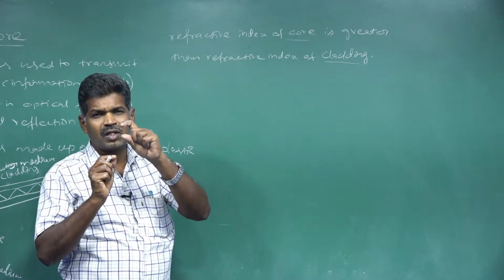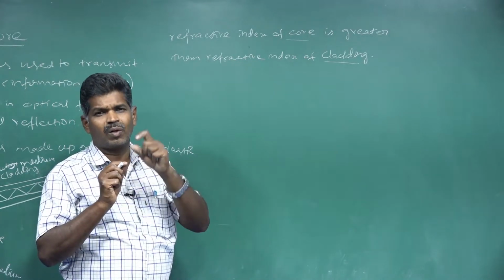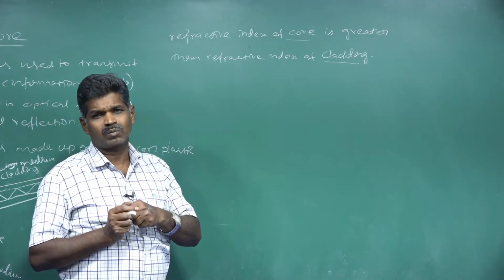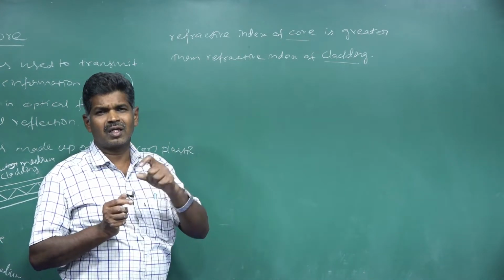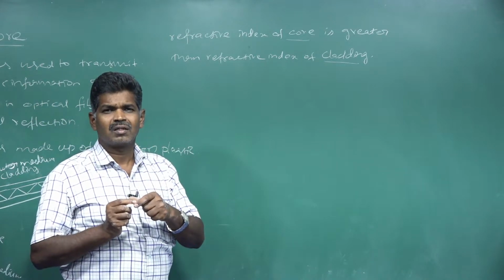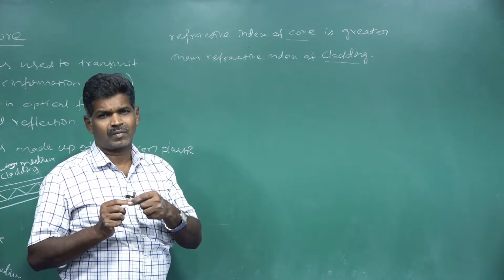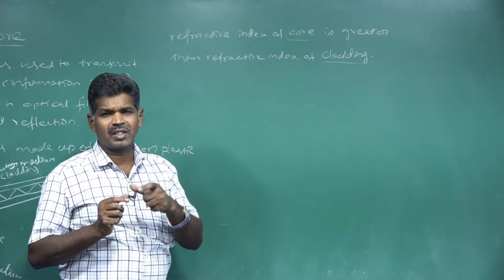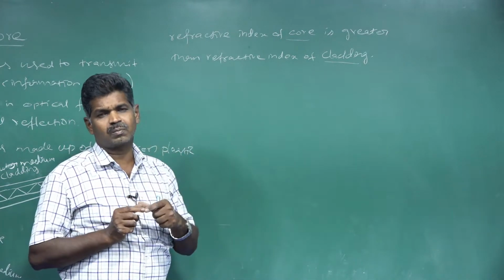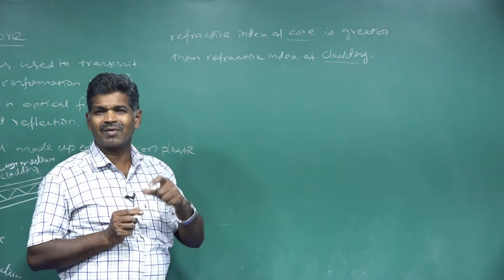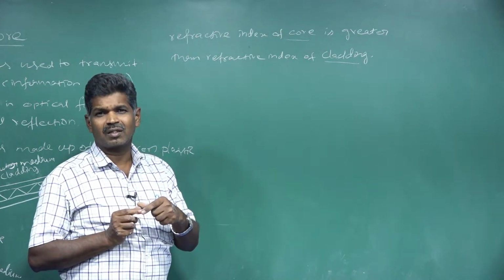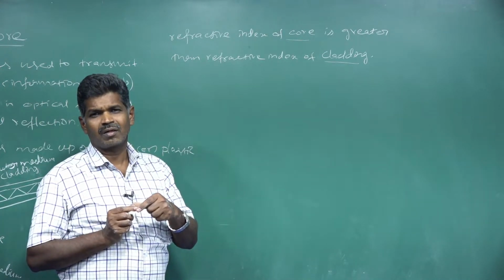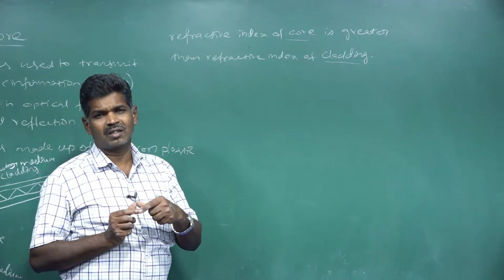A certain range of angle we want to use. Above that angle, if you make the light incident, the signal will not make a total internal reflection at the core to cladding interface. If the angle of incidence is less than the critical angle, that light